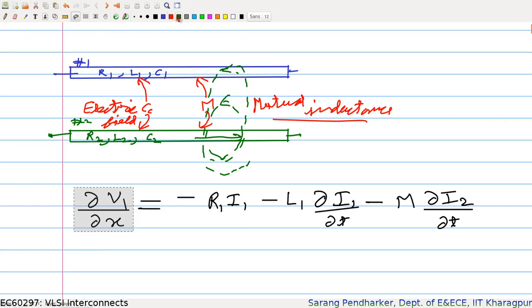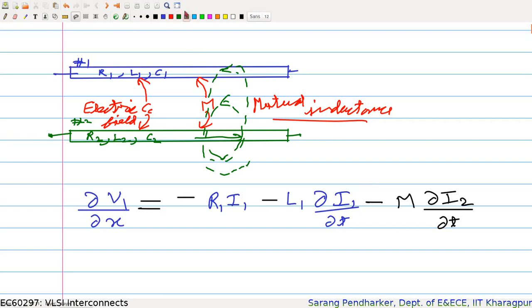So the first term here is variation in voltage, and then this is the current of the first inductor. If there is a positive increment in current with respect to time, then there would be an opposition to that. Because of that, there would be a back EMF generated in this, and that comes as a negative sign. We have seen this part.